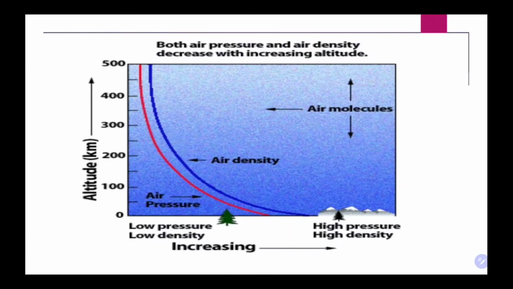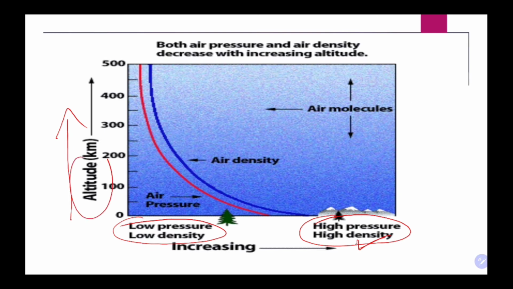You can see, students, as we move up with altitude, there is low pressure and low density, and wherever there is high pressure, the temperature is low, the density of air will be high and it will exert more pressure. So high density of air will exert more pressure. So students, we can say that here altitude and density both are related with the temperature and they affect each other.